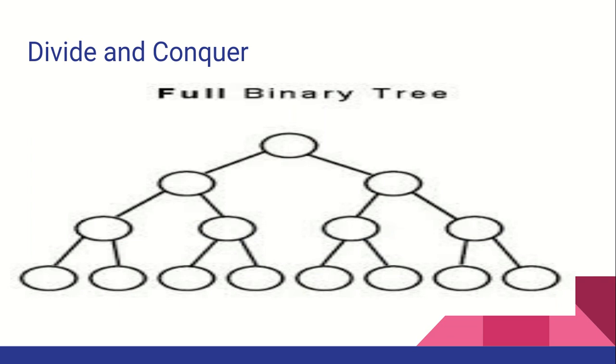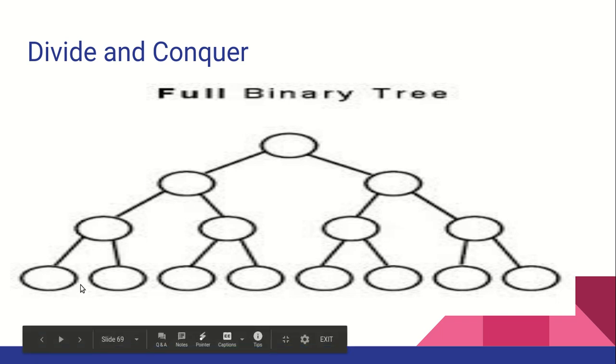Basically binary search follows the divide and conquer strategy. It goes on dividing the list until it becomes small, and once it is small, the problem is solved. Here the list of 8 numbers is divided into 4 and 4. Now this list of 4 again gets divided into 2 parts, 2 and 2, and again these 2 elements are divided further, 1 and 1. Here the list becomes small, so we stop at that point.